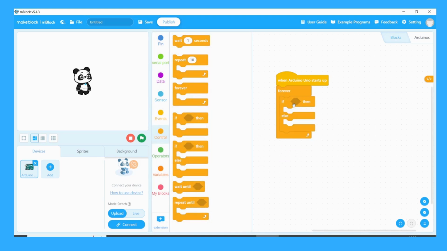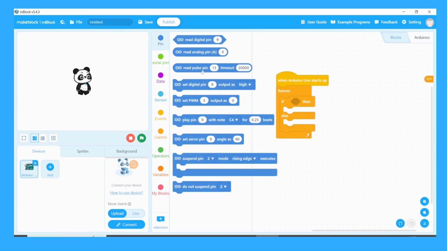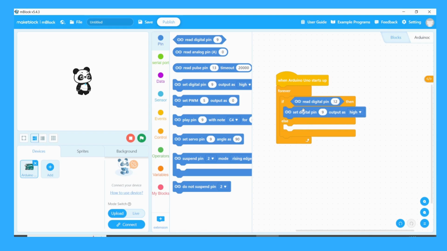Now, if there is a signal on Arduino pin 12, I activate pin 5, otherwise, I do not activate pin 5. That's it, our program is ready. Let's upload it now.